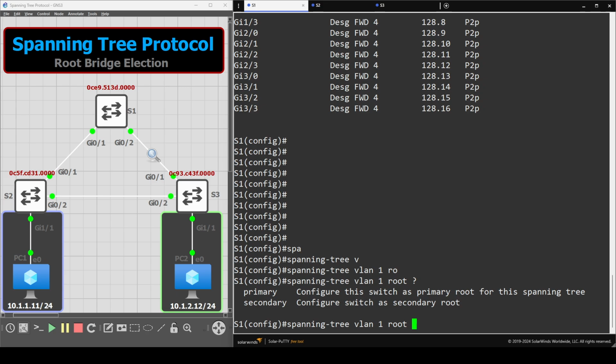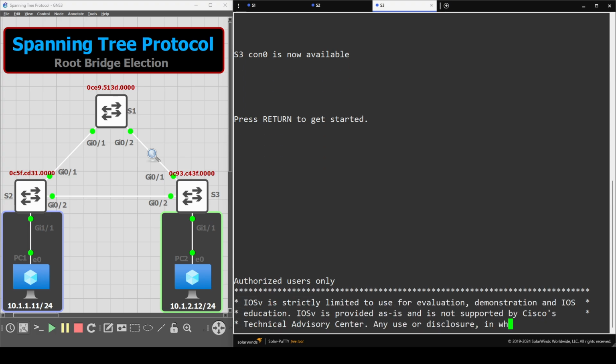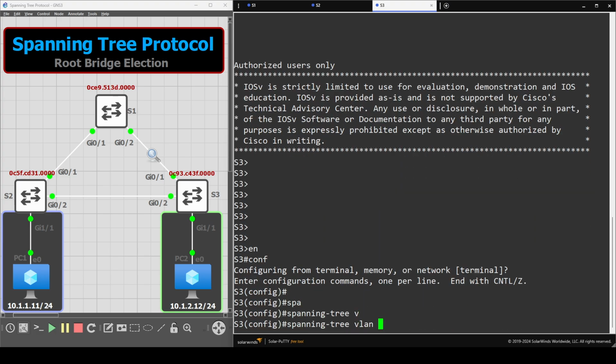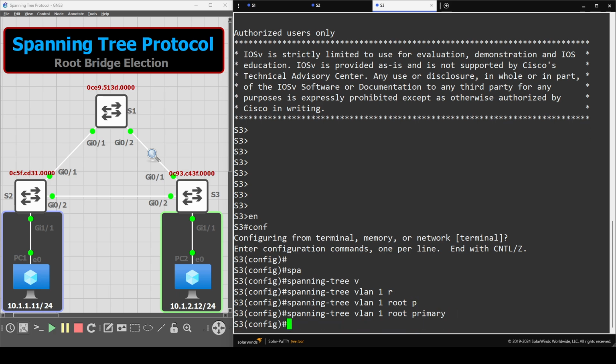Let's use that command right here in S3. Spanning-tree vlan 1 root primary. We are setting this switch as our primary. As they send their BPDUs, they will be notified who is now the